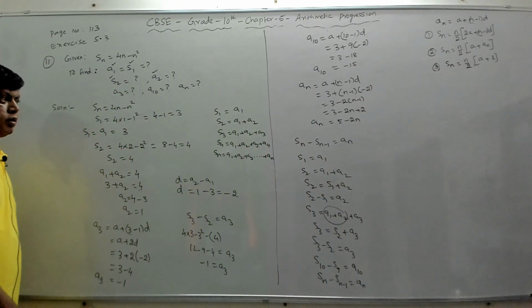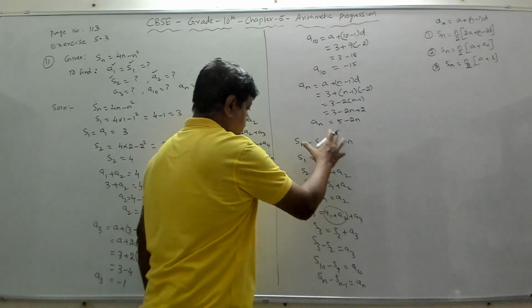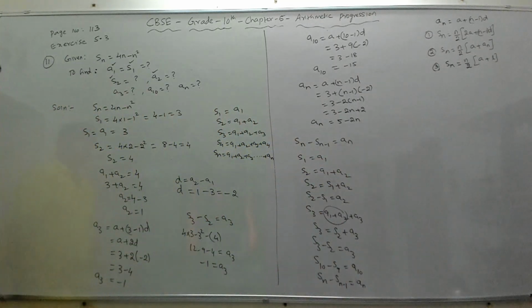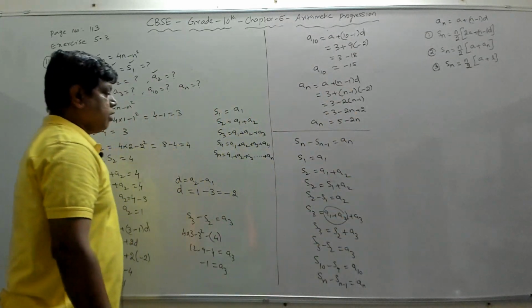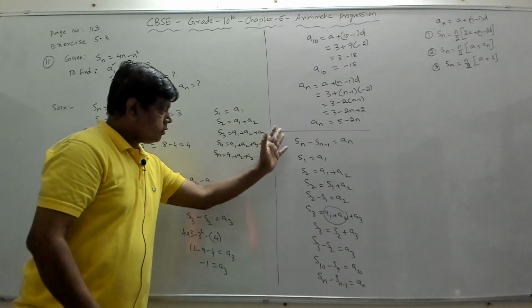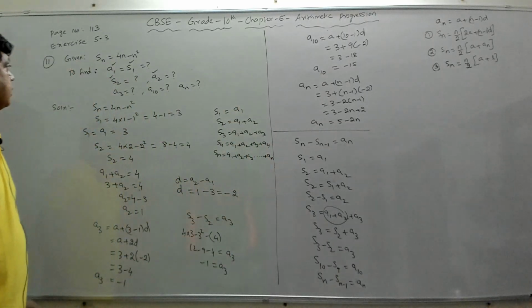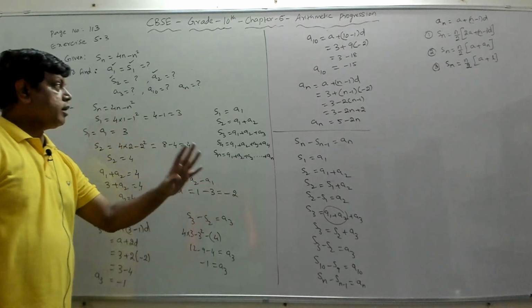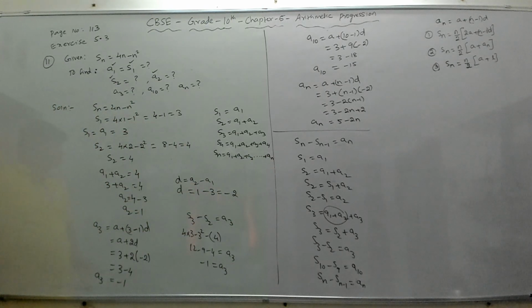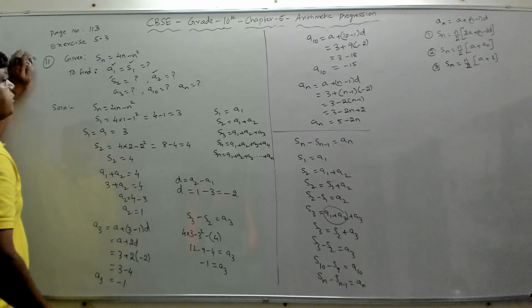Fine. Anyway, you can just know this in general. All of you can pause the video and take the notes. So your 11th problem completes here. What I'm saying is, this could have been done in this way also. Using this concept, we could have found A3, A4 and A10 too. So all of you can pause the video and take the notes. I'll go to the next problem, which is problem number 12. I'm erasing this.